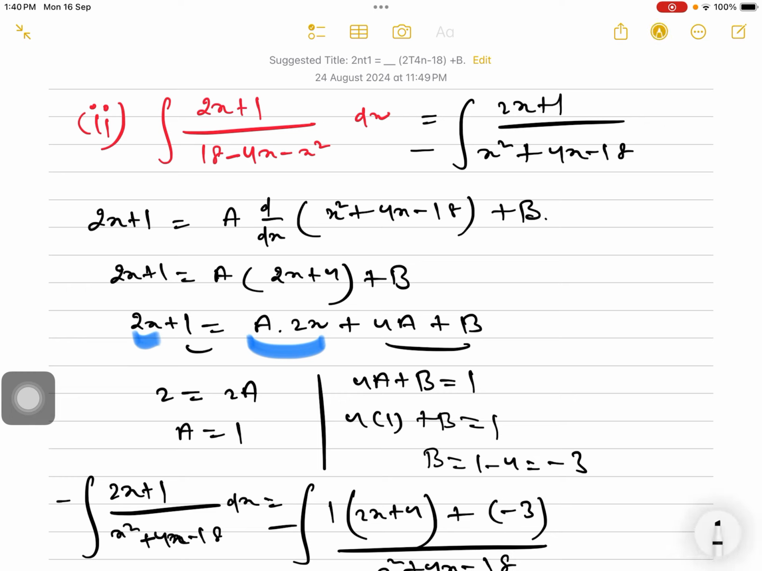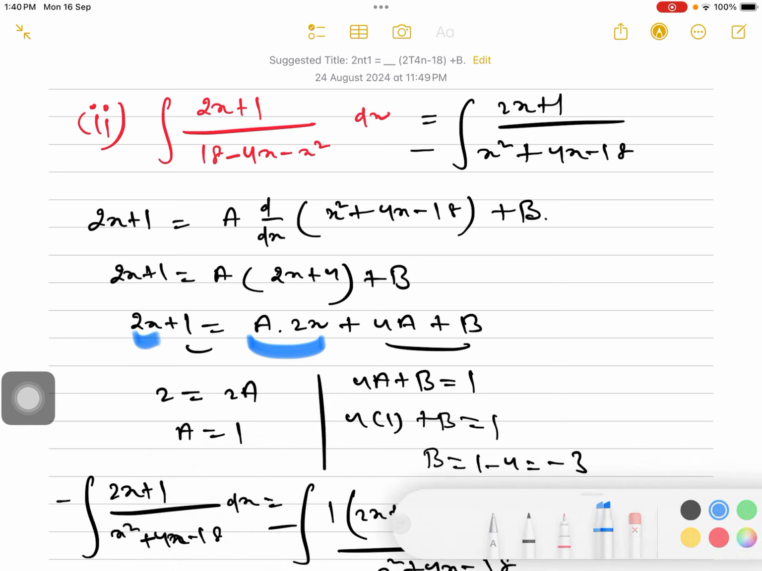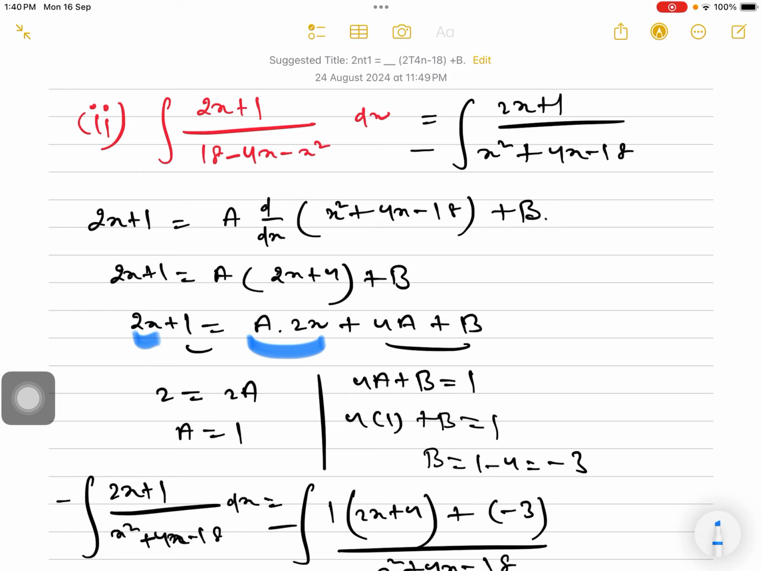Integrate (2x + 1) divided by (18 - 4x - x²) dx. So in this question we have to integrate. If you see, the numerator has a linear function and the denominator has a quadratic function. Whenever there is linear by quadratic, or linear into quadratic, this type of function,